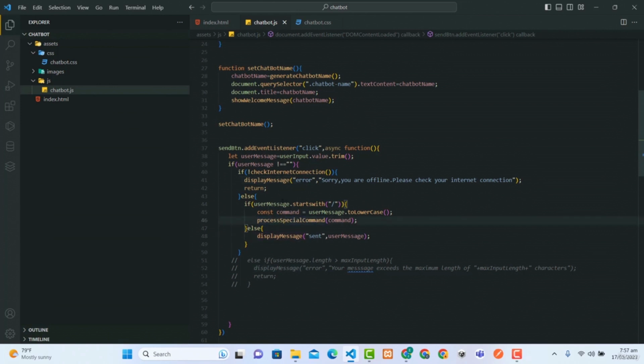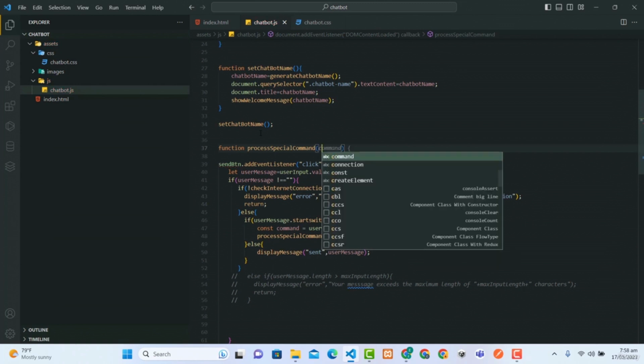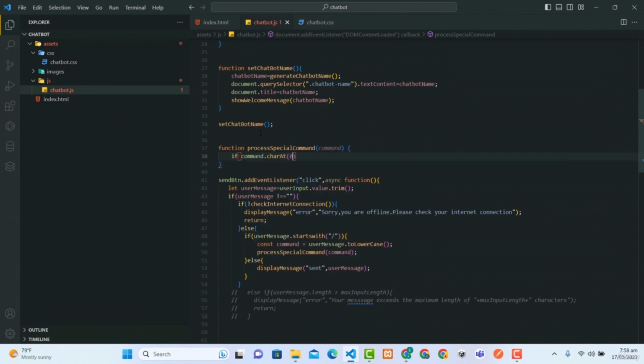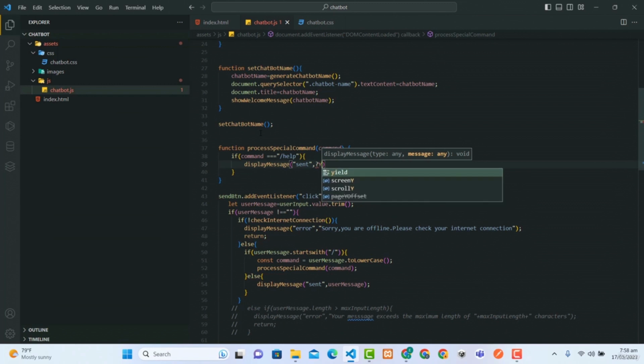So if the message, the data that we are getting from the user, contains a special command, then we'll process it. So over here we can choose to do it up there. Over here will be a function, processSpecialCommand. We have the command. If command is triple equal to /help, then display message. The type over here will be sent. Then the message over here will be